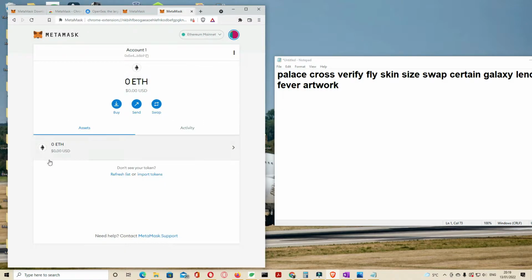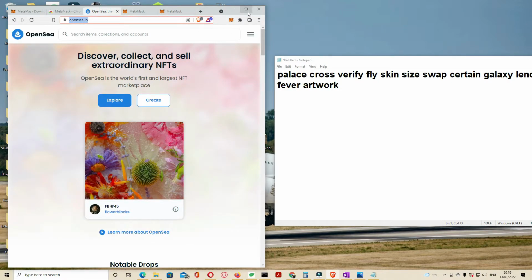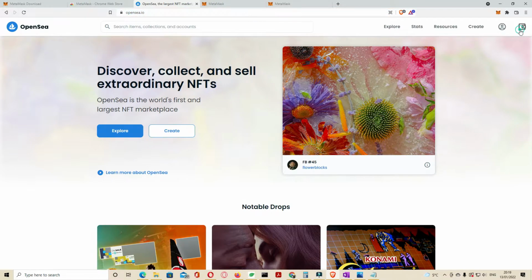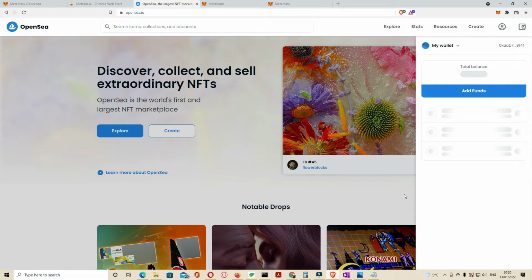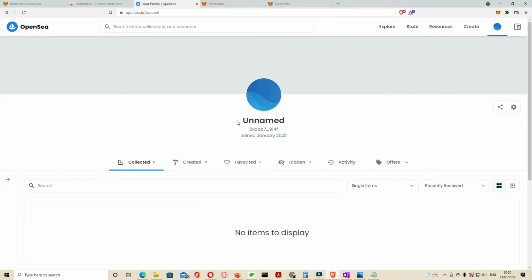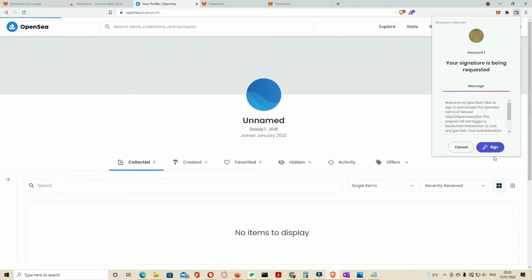Now after that, it'll take you back to the home page where you can see Ethereum and everything, and it'll show you your ID as well. So now we're going to pin this to our browser and go back to OpenSea, and now we'll just click on my wallet in the right hand corner, click on MetaMask and go sign. So as you can see, it's now done, and now you'll want to click on settings. Now click on settings and then click sign,